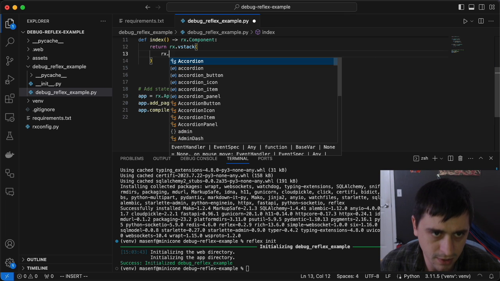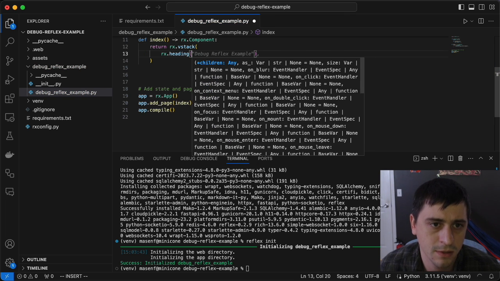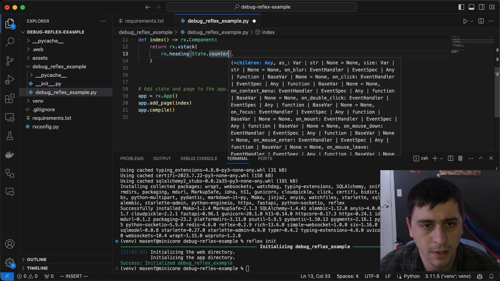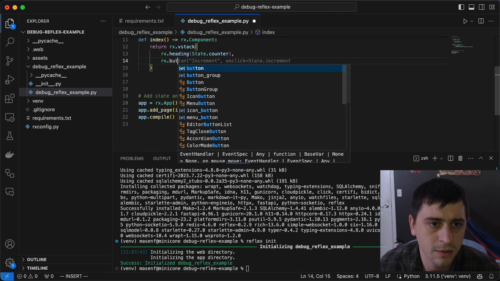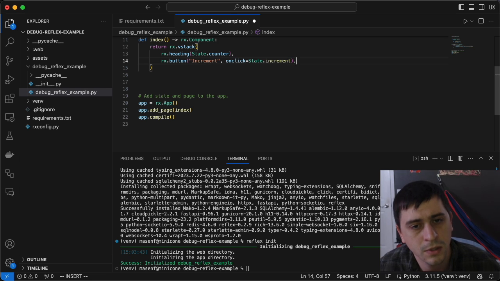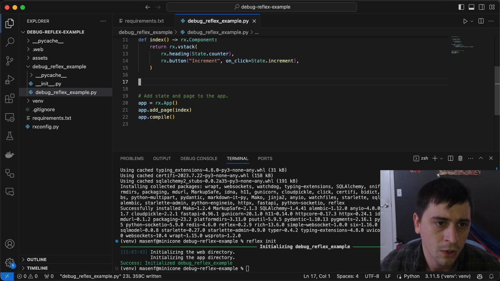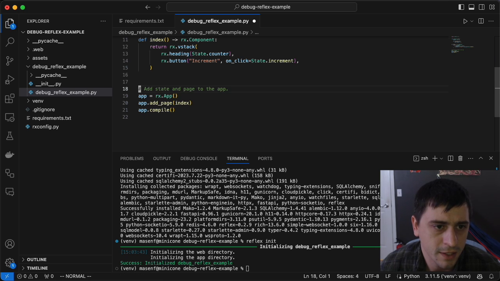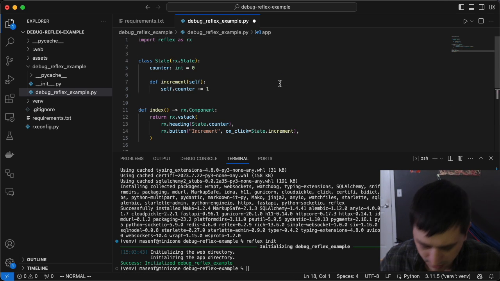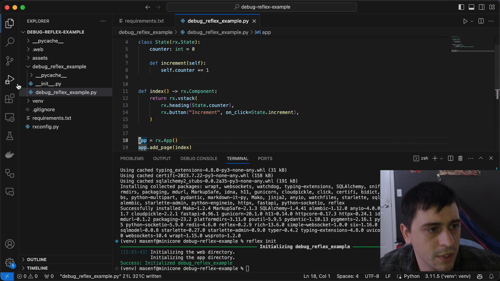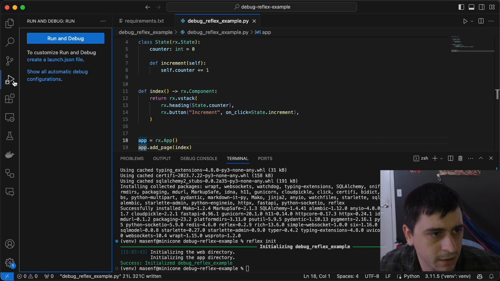that shows the current count and a button to increment it. Fix that suggestion. Okay, once we have that, we'll save it and flip over to the run debug on the sidebar here and